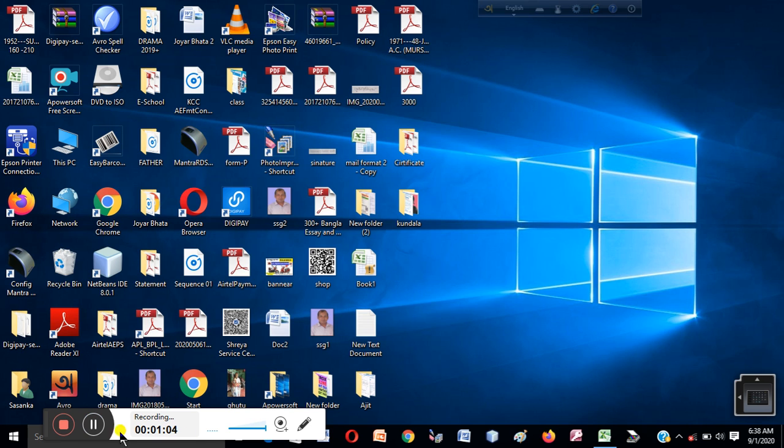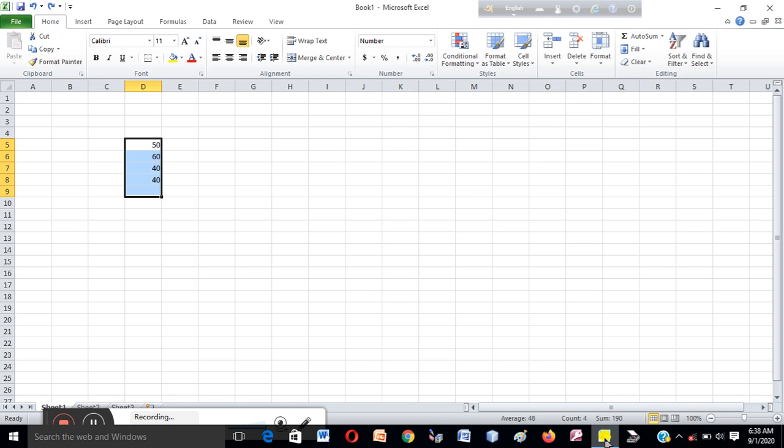So today, first of all, we learn formatting a number. Look, here are some numbers in a few cells. These are the numbers, and we want to format these numbers. So today we will learn on a practical basis.